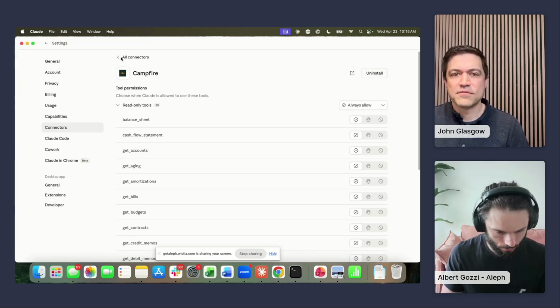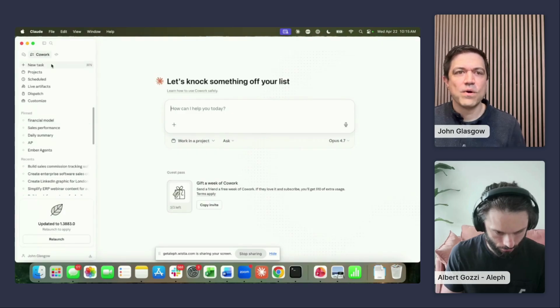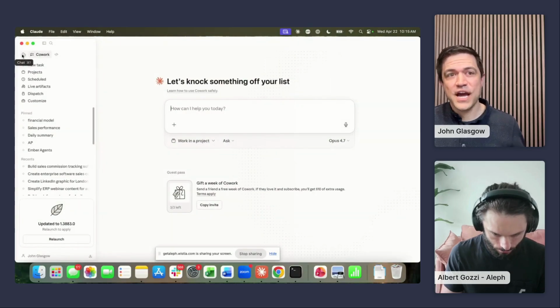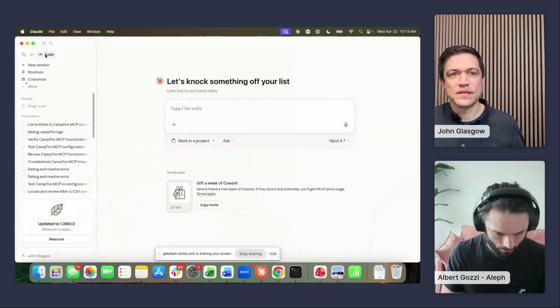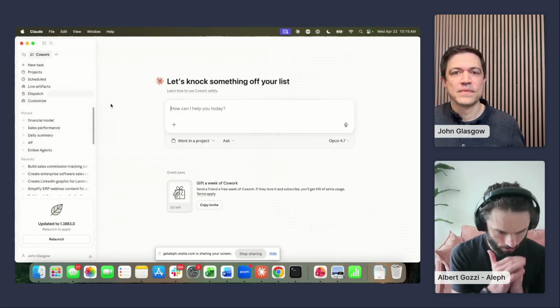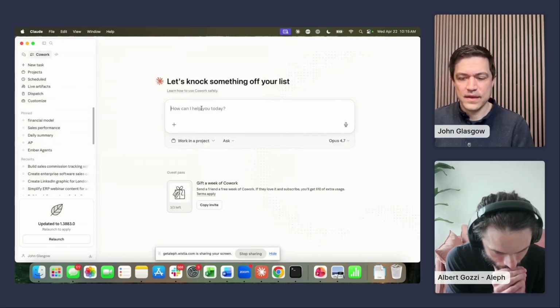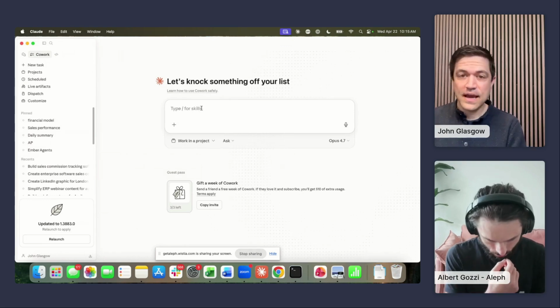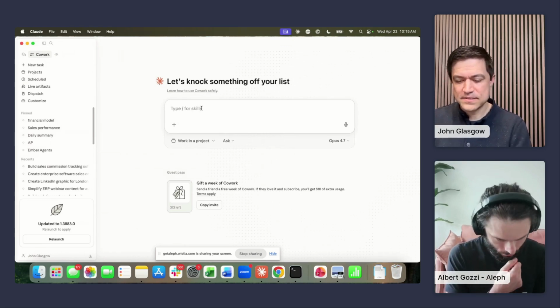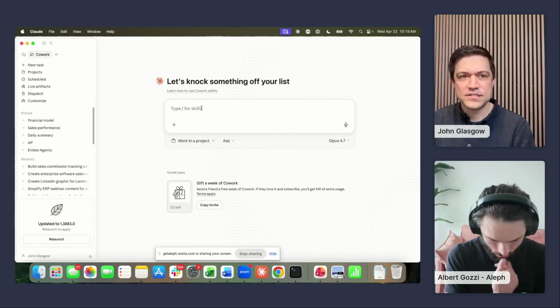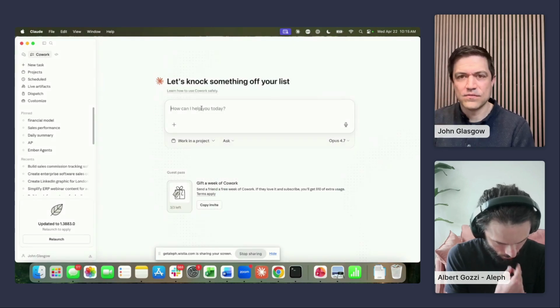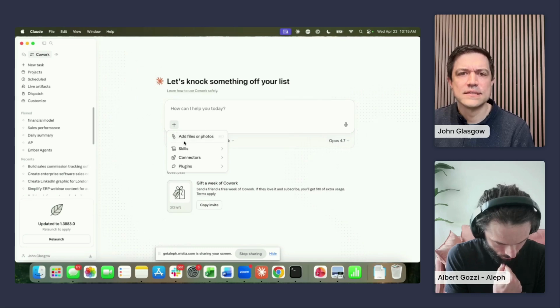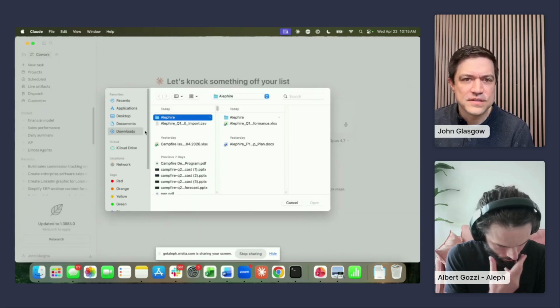So now that we've fired up a few connectors, as noted earlier, there's chat, there's Cowork, and there's code. There are different settings here. What we're going to do is build a sales commission calculator today off of the sales team's comp plan. So I just start chatting with it. We're going to upload our current, I'll just show this here.